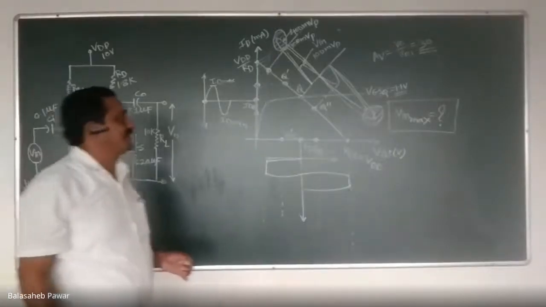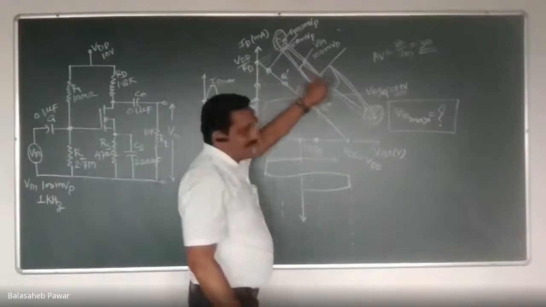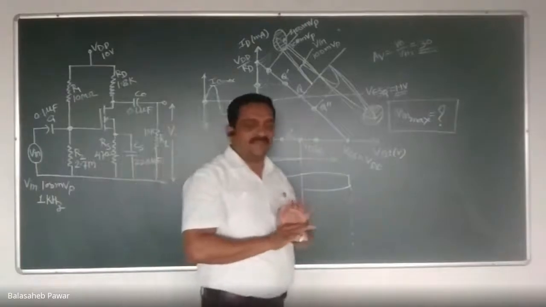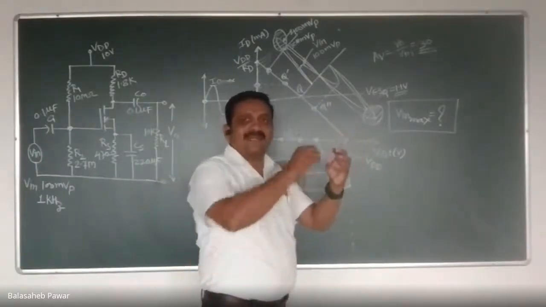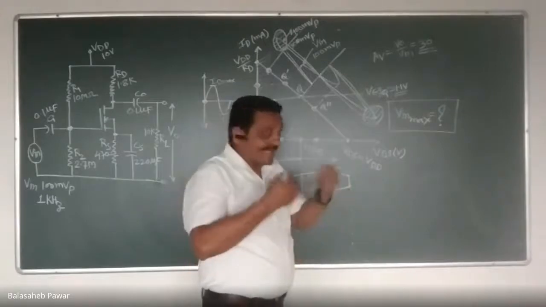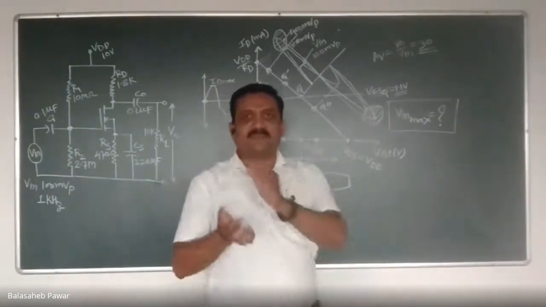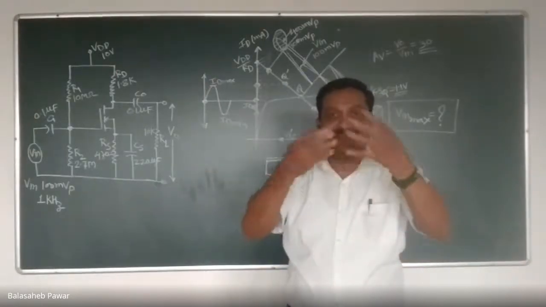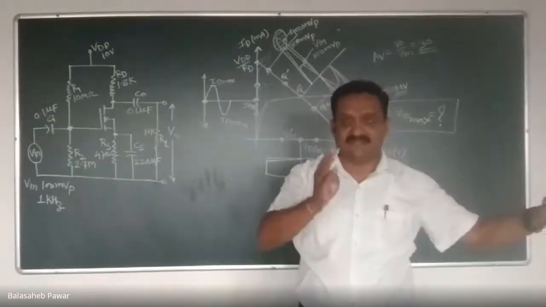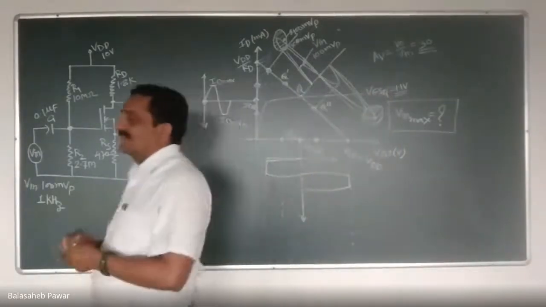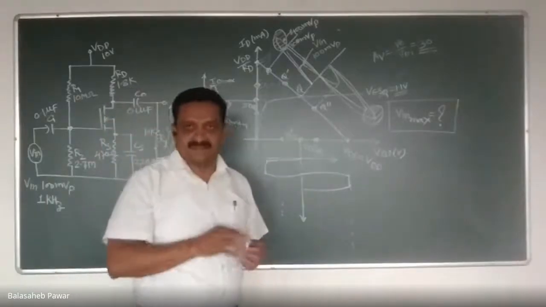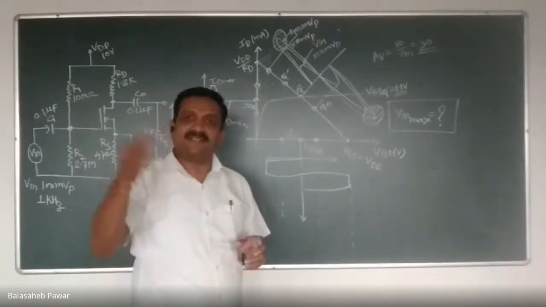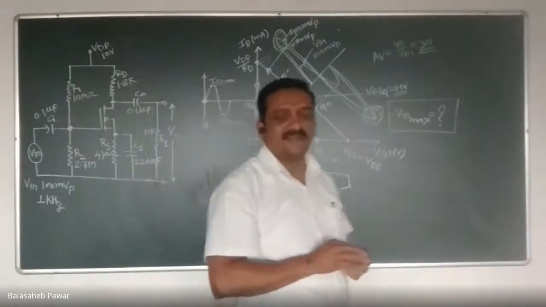30, okay. So see, whenever I am able to apply input as 100 millivolt, now consider this amplifier as just a box. Suppose I apply 100 millivolt peak. As I know the gain of this box, the gain of this amplifier is 30, it means whatever input I apply, it will amplify it by 30 times and provide the output, right? So if my input is 100 millivolt peak, how much will be the peak output voltage? It will be 30 times. Do you agree with this?